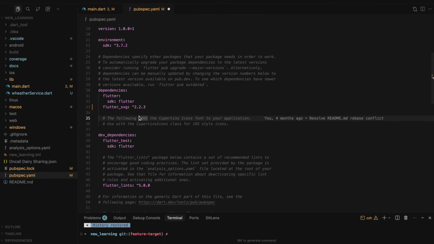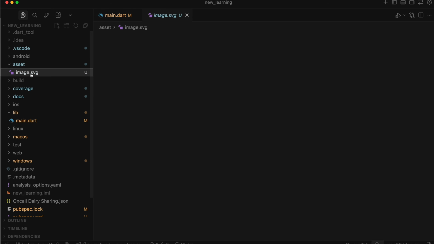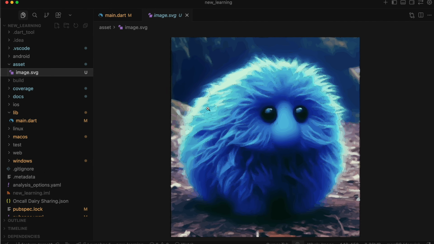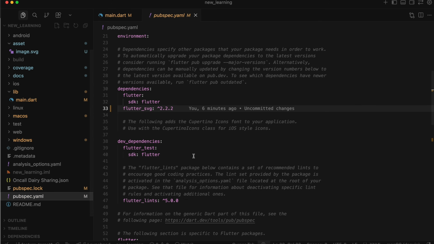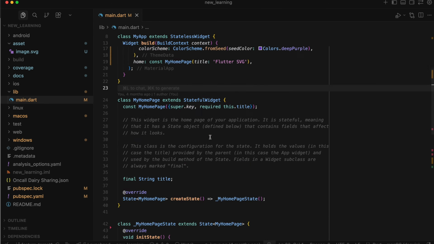Now let's get that graphic on screen. Here I have added a SVG asset in my project. You can either retrieve the SVG image through HTTP network or add the image into the project and bundle together with the app. In order to render SVG asset, we can use SVG